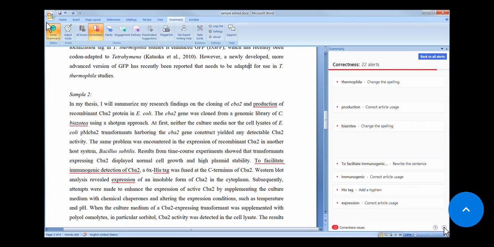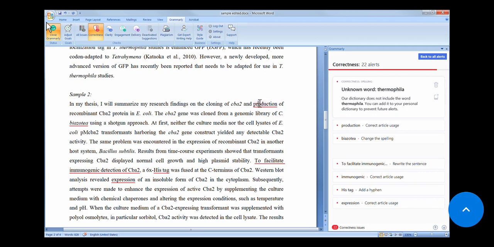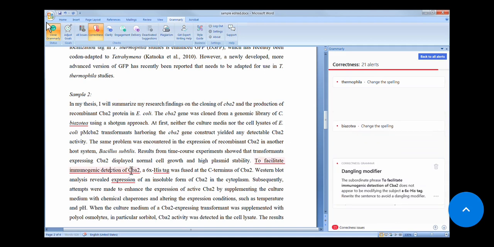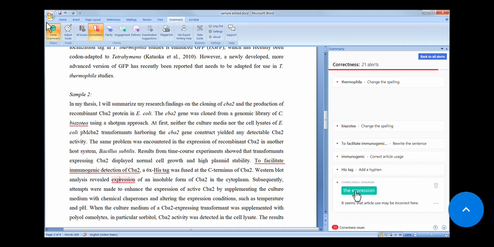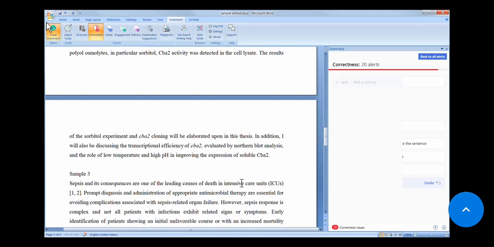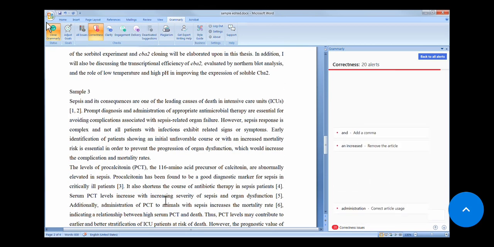Here again it is asking to add the article before production. Then it says neglecting modifier, so just ignore this correction. So you check all corrections for correctness, and whatever is correct you accept.